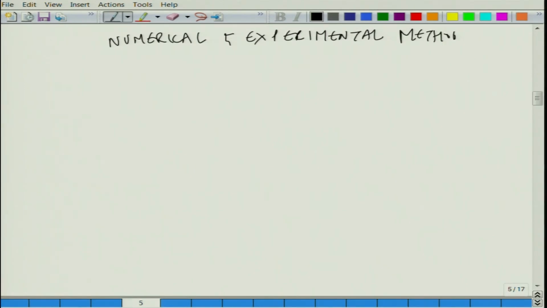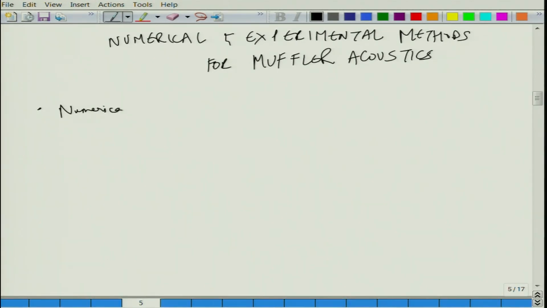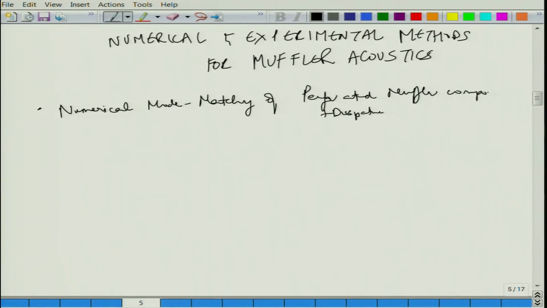something like numerical and experimental methods, a short course on muffler acoustics on experimental methods for muffler acoustics, which is basically things like numerical mode matching of perforated muffler components, because everyone uses perforated plus dissipative muffler components, and detailed analysis of dissipative mufflers like